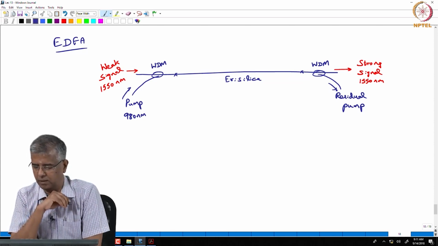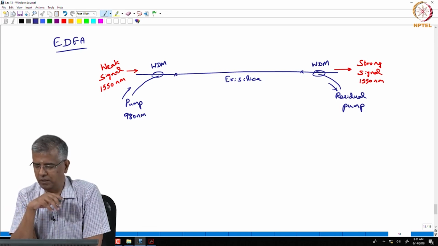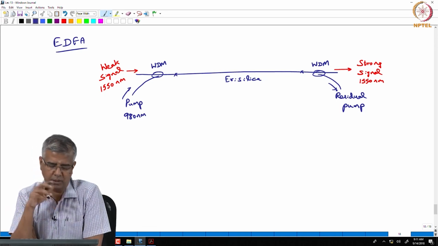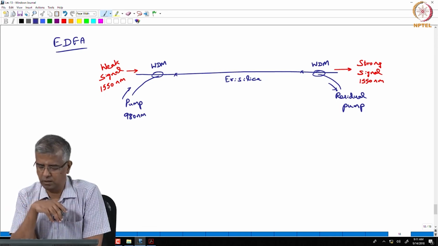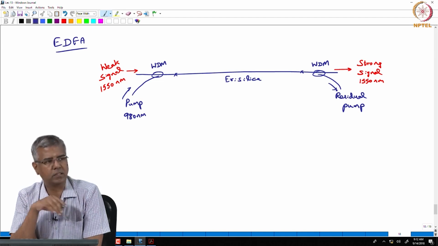It is separating out two wavelengths. We will not go into much detail on the wavelength division multiplexer right now. We can come back and look at that in more detail later on, but let us just focus on